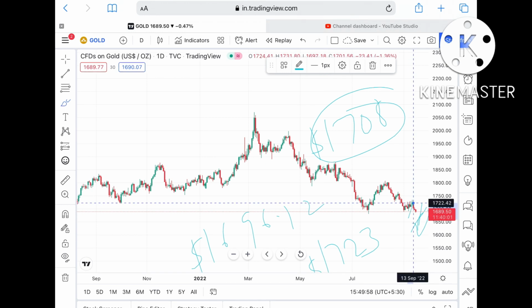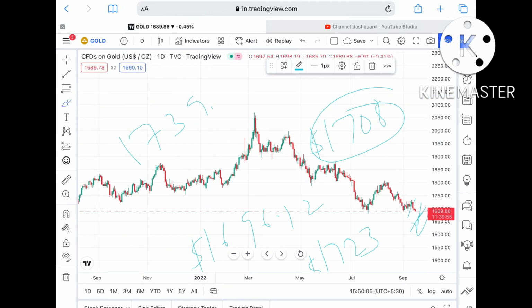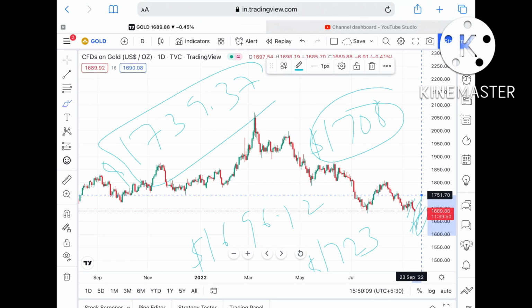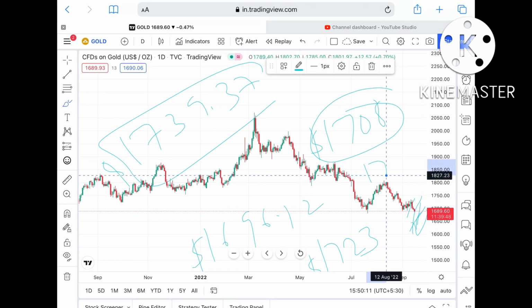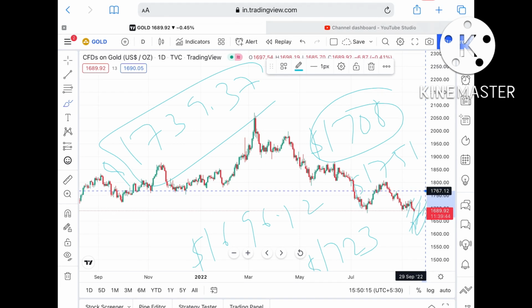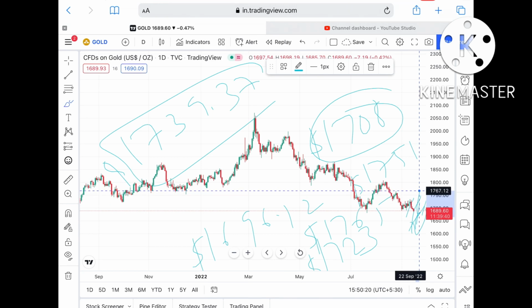$1723, and from there we can see it can go further high and touch a level of around $1739.37. Once the price moves above this particular level, then there is a higher probability that we can see it touch a level of $1751, and from there it can go further high and touch a level of $1765. Once the price moves above that level, then there is a probability that it can go further upside